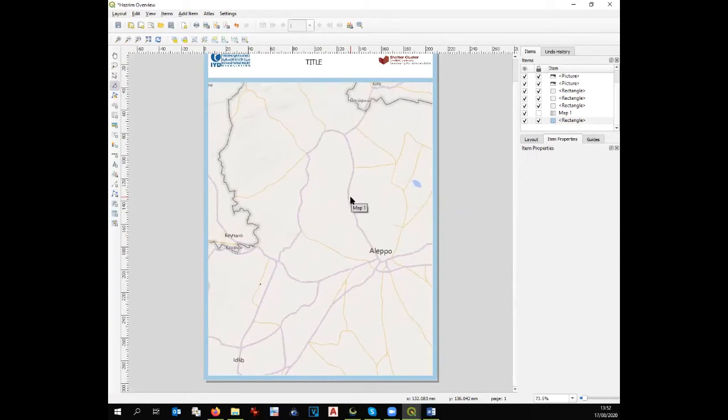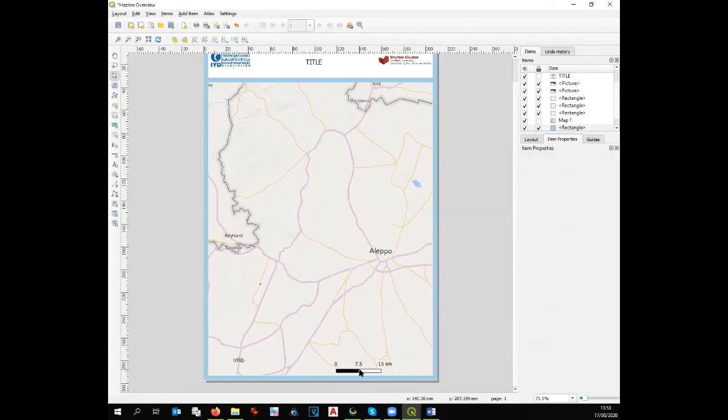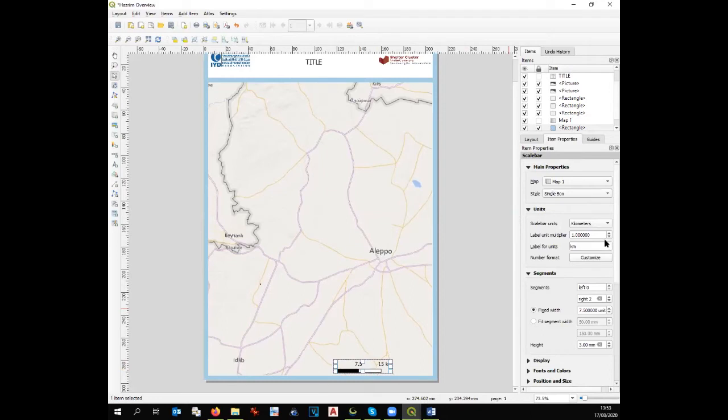This map needs, of course, a scale bar. Scale bar automatically generated. Okay. 15 kilometers is not good, 7.5. That's why we change it a little bit. Maybe kilometer is fine, but I don't like units like that. If I put 10,